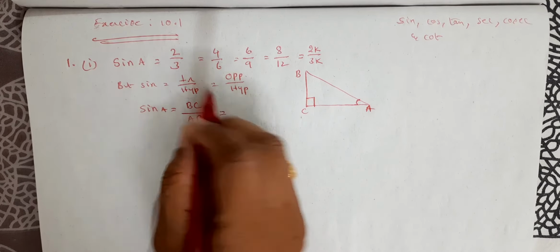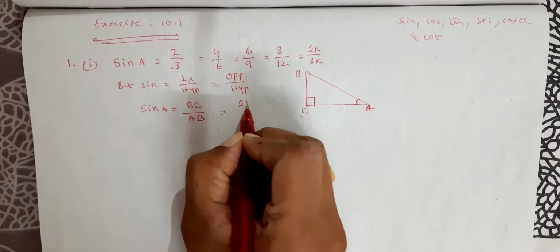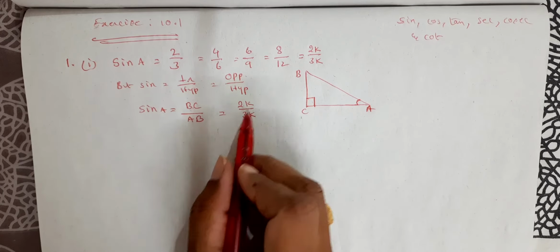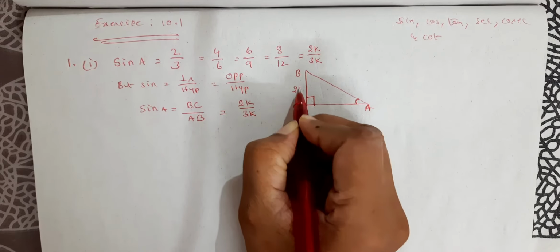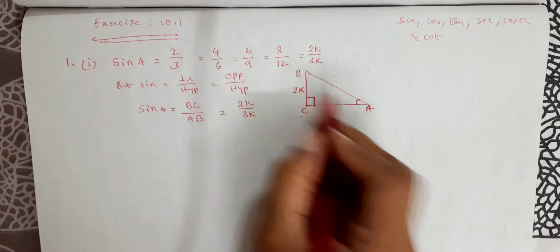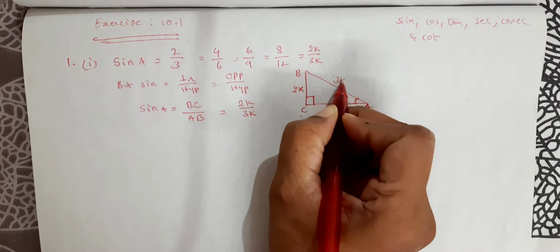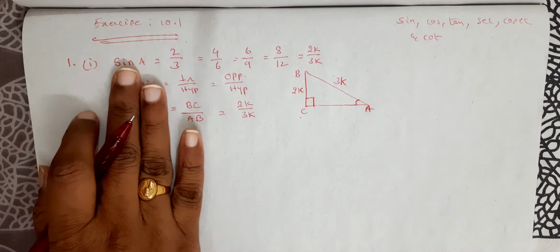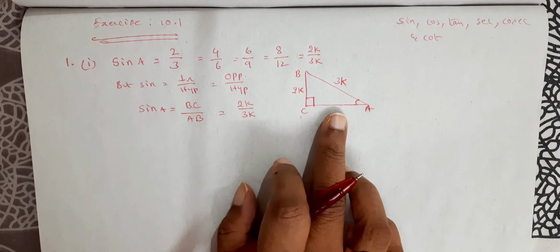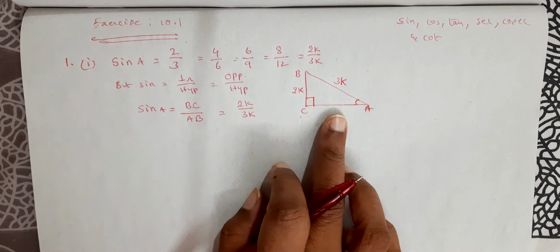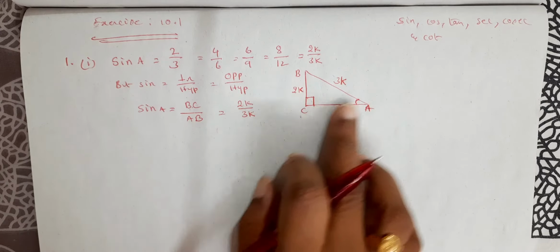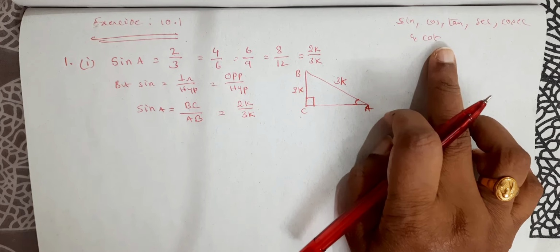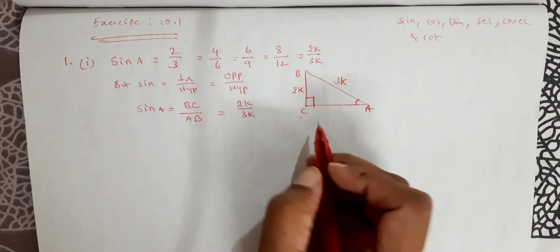So what is that given to be? 2k by 3k. What is given in the problem? It is equal to 2k by 3k. Now equating the numerators here, BC can be written as 2k and AB can be written as 3k. We know only the sine value is given, but to find out cos we need the adjacent side. Is it not? Only when we know all the 3 sides of the given triangle can you find all the 6 trigonometric ratios. So our job right now is to find out AC.